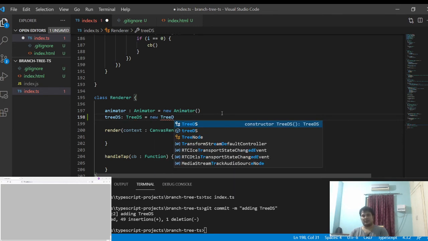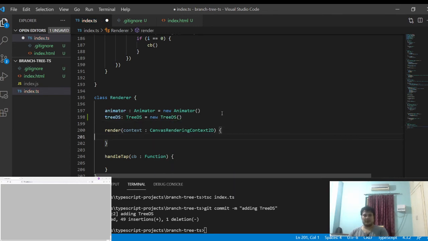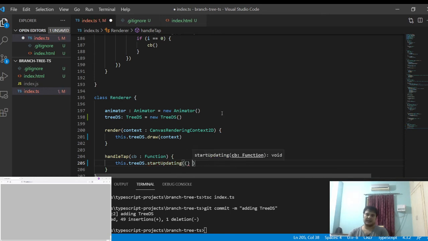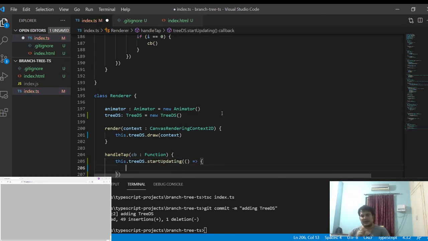So in the render method, we are only going to draw the 3ds. In handle tab, we are going to start updating. We're going to call the start updating of 3ds, because 3ds again will call the current node's start updating method, which will call the state's start updating method.